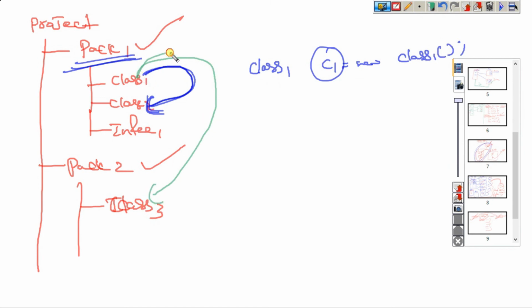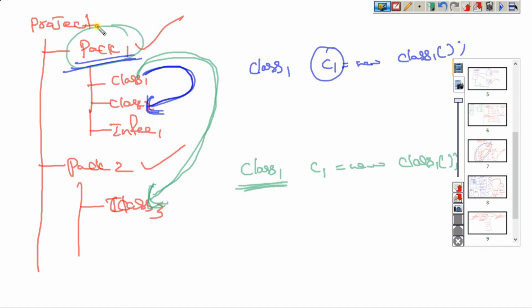Guys, when you want to access a class of one package from a class of another package, this is the syntax. Class1 c1 equal to new Class1. But the package where this class name is available, you must import.